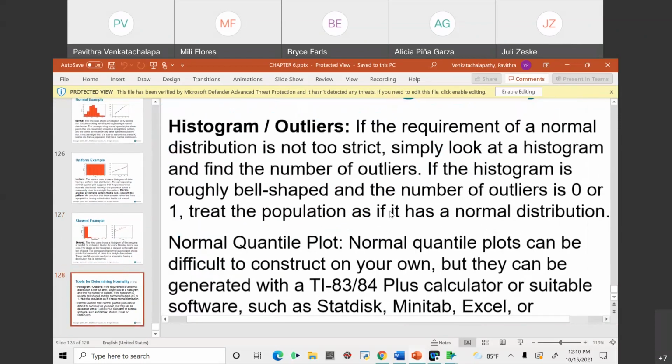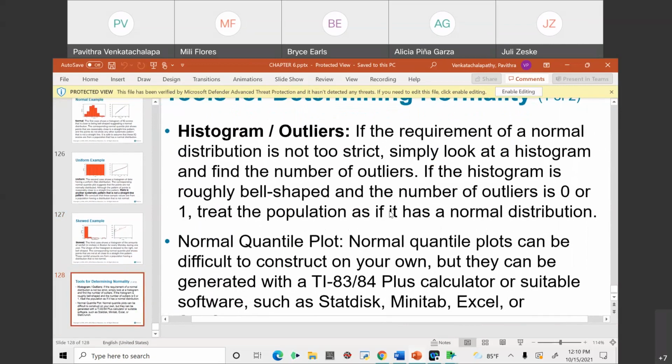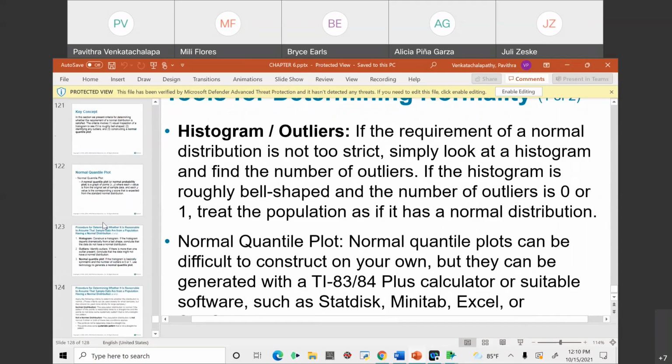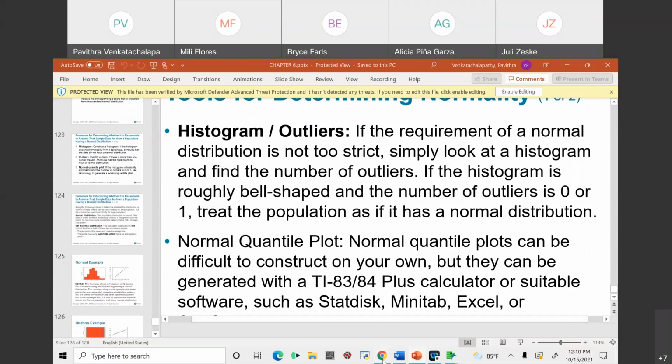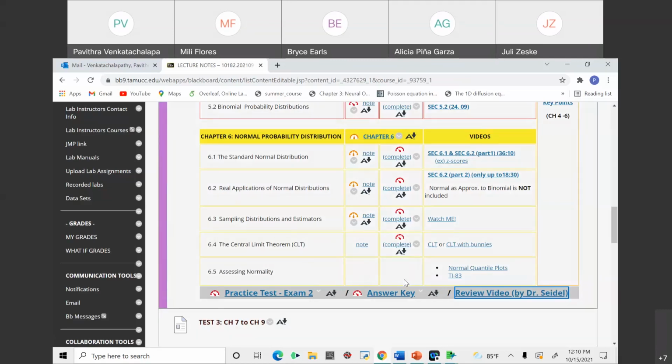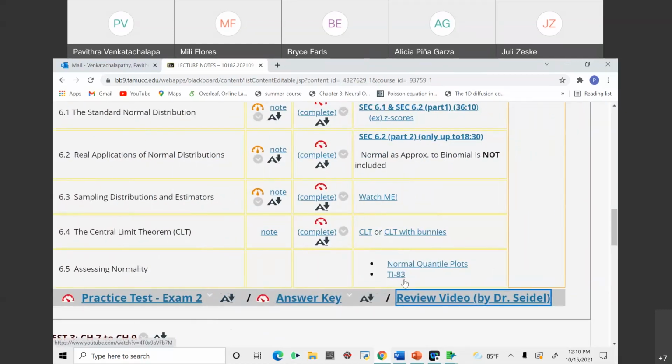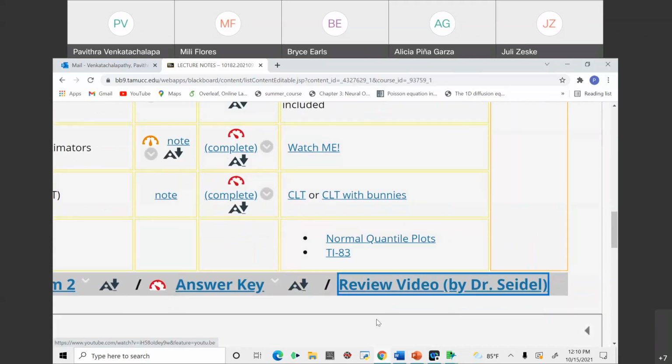Now, you had JMP while you were doing lab 6, so you were able to conclude whether it was normal or not. Now, during your test 2, you will not have that. So how do you do that? You can do that using your calculator, TI-83 or 84, or Casio. So we will see how to do that. We have a video which is already uploaded in the Blackboard. So before I go to the calculator,